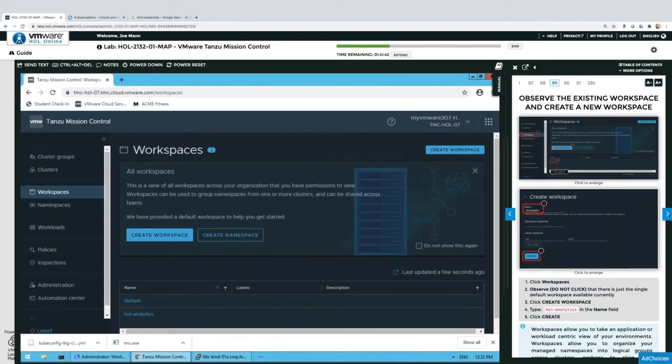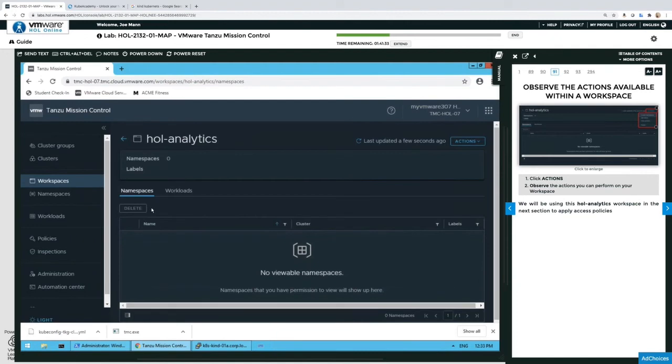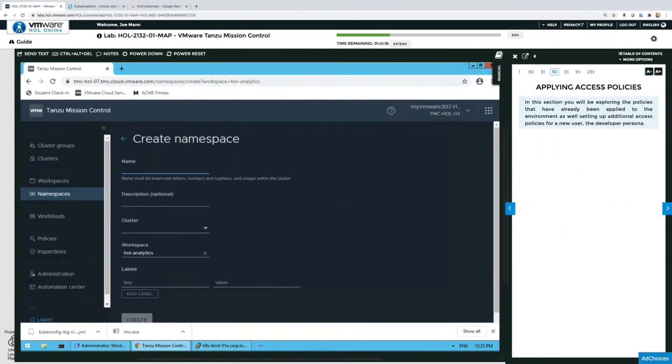Now I'm ready to create a namespace within that workspace. So I'm going to click on my HOL Analytics workspace, and then click on the Actions dropdown, and then create new namespace. So I'm going to create,